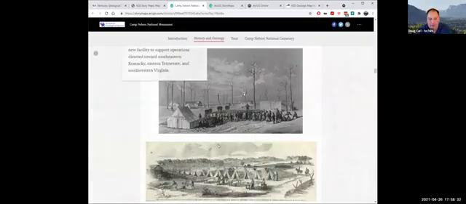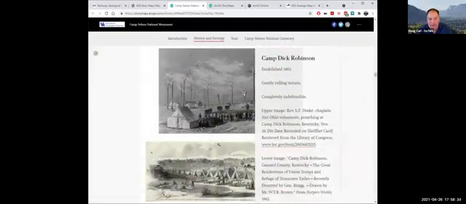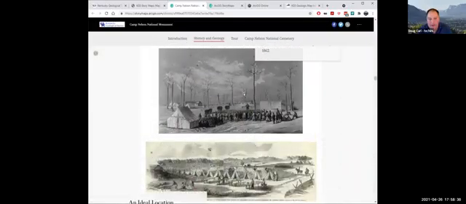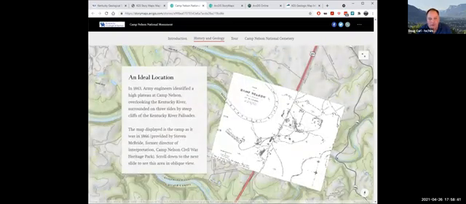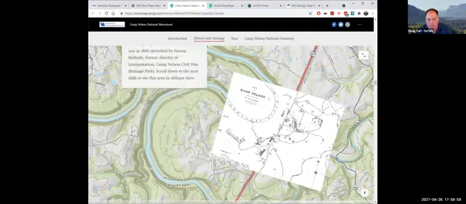A very bad location, very flat, pretty indefensible. And so they quickly moved north and found this location protected by the Palisades, north of where Camp Dick Robinson was. And we have this scanned georeferenced historic map of Camp Nelson that you can zoom in on.